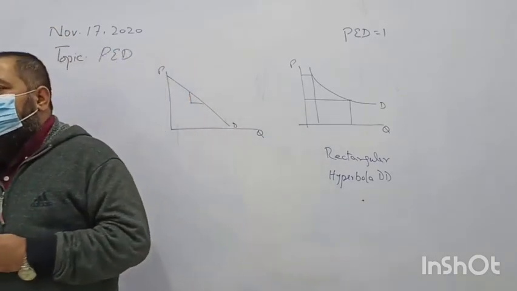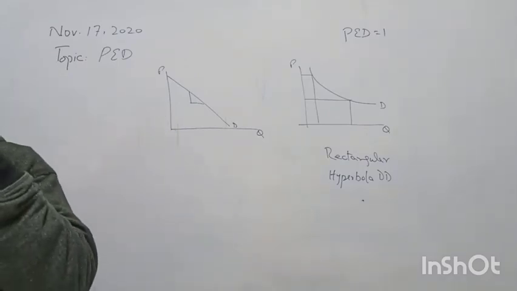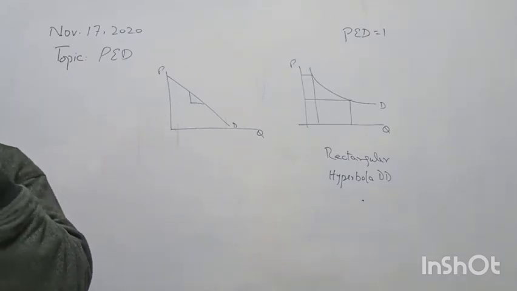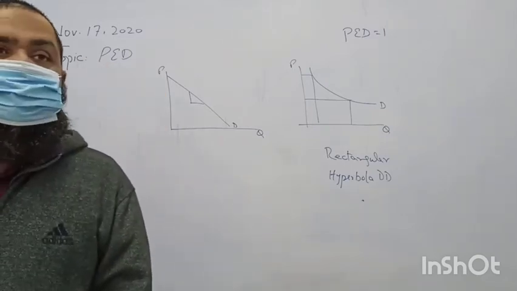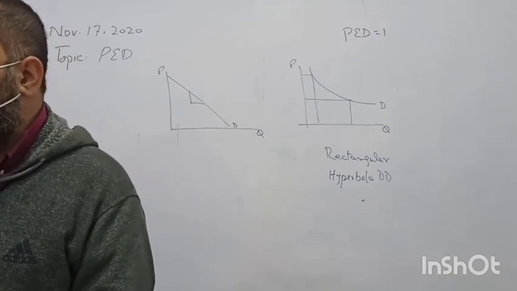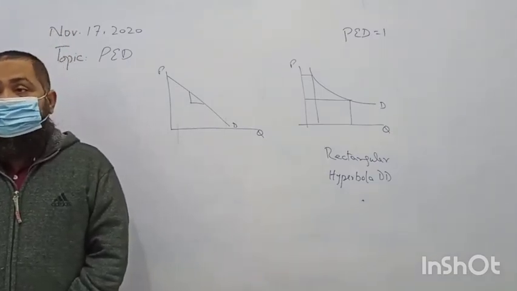The government is using it in our next chapter. We will be using this demand curve because the income of the sellers will remain constant along this demand curve. I will show you how to calculate the income or revenue of the people when they are using this price elasticity of demand concept.